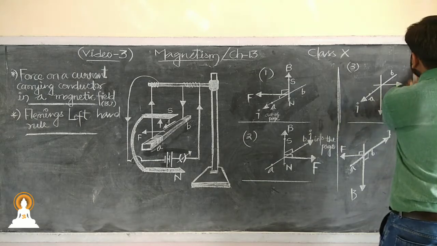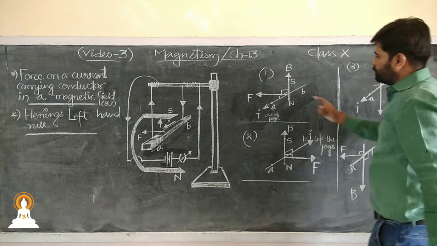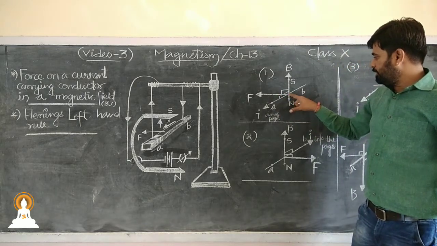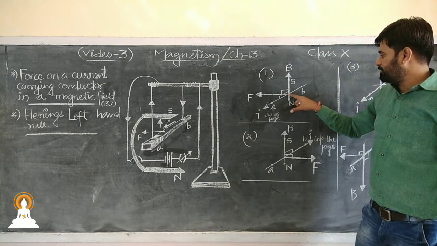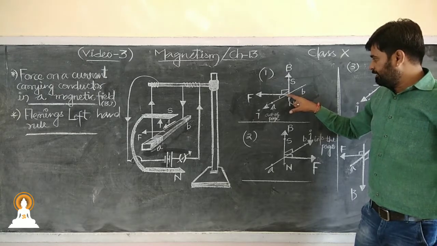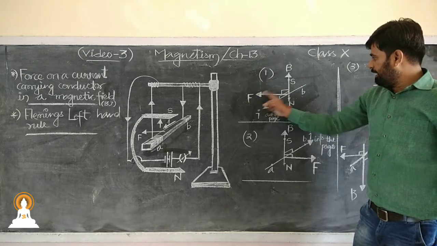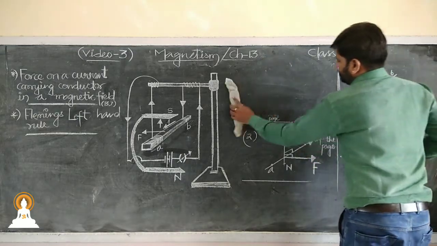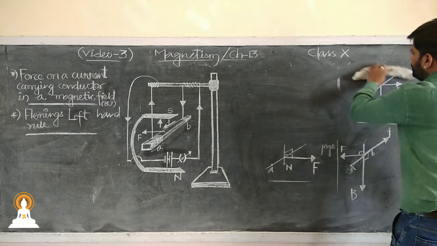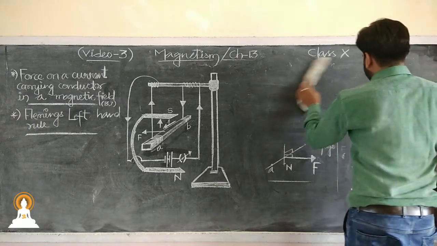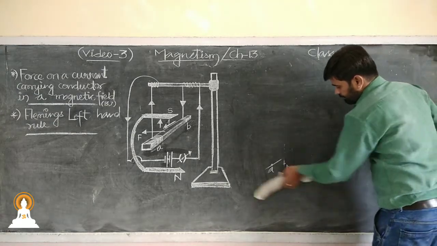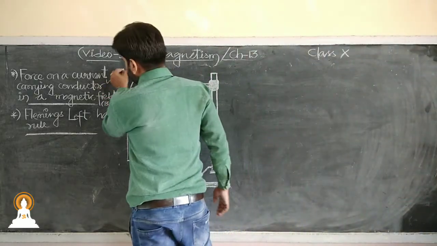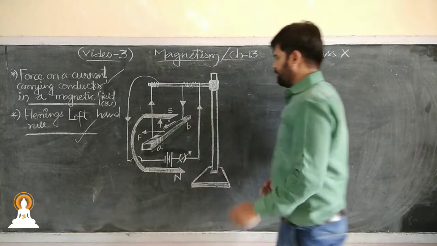Now see here, you may see one thing, that all are at 90 degree. If you assume this as the origin of a Cartesian coordinate system, then these all are the X axis, Y axis and Z axis. So they all are at 90 degree. From here we may better understand, or we may introduce one more thing, which is known as Fleming's left hand rule.